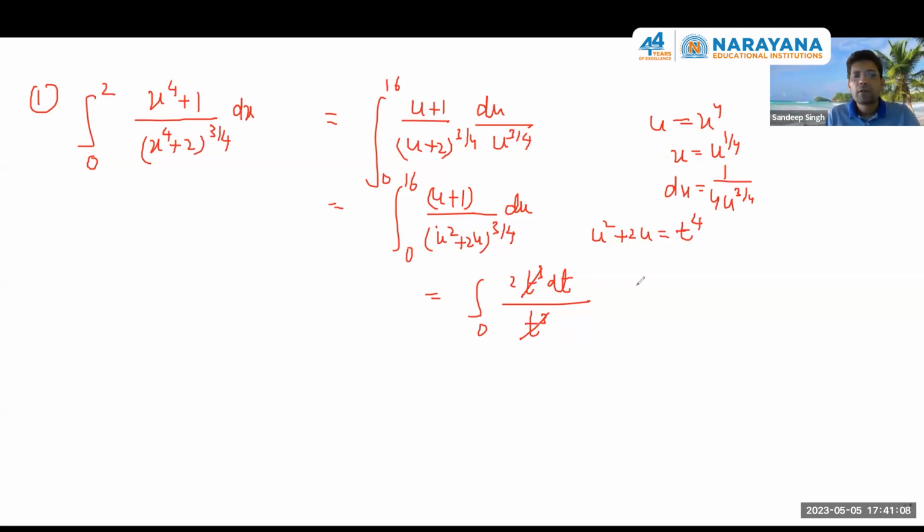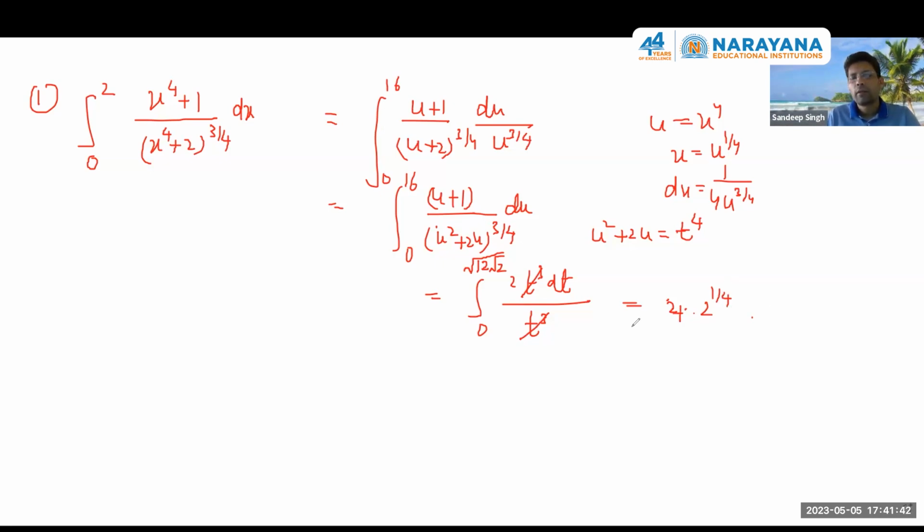So 256 plus 32 is how much? 288. And what is the root of 288? It is 12 root 2. Power 1 by 4 is also there. Okay, 12 root 2 whole root, no? Is that clear? So the answer is 4 into 4th root of